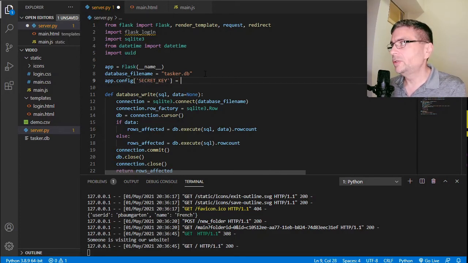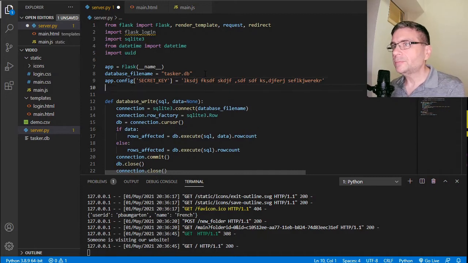Ooh, it's a secret. All right, and this just needs to be some random string. Basically this is what it will use to cryptographically sign the session data that it sends back and forth to the browser to make sure it hasn't been tampered with. And then we're going to define a login manager, which is just going to be using Flask_login